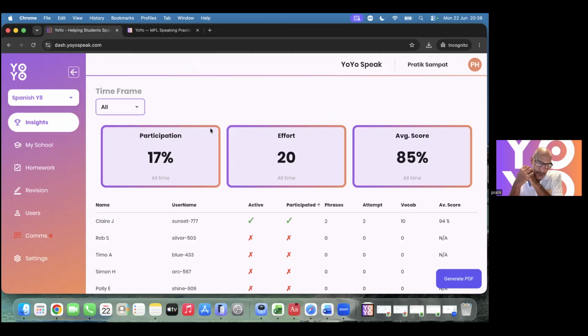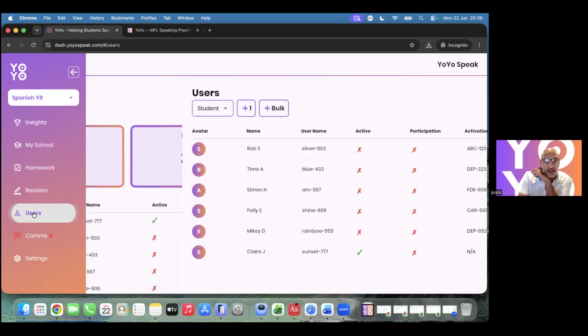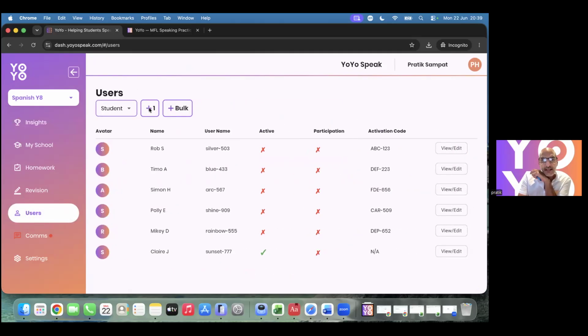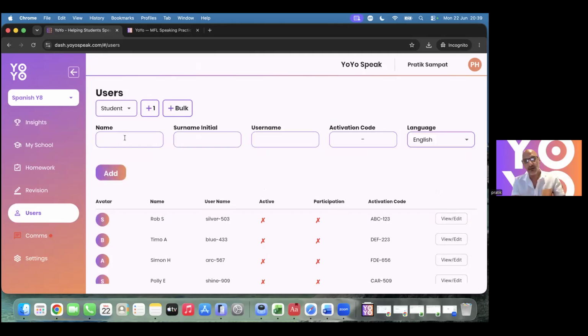Can students be added or removed at any point during the school year? Yes, they can be. If we had a late addition to the class, we could come through and add Mark Y, and this is his default language.